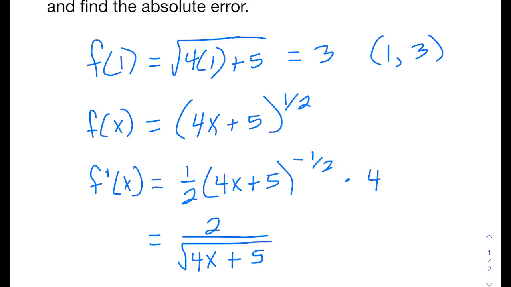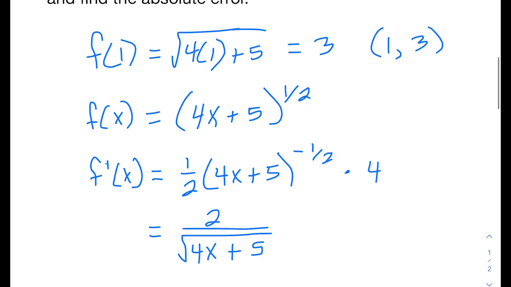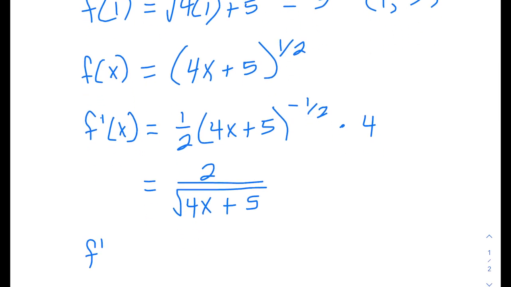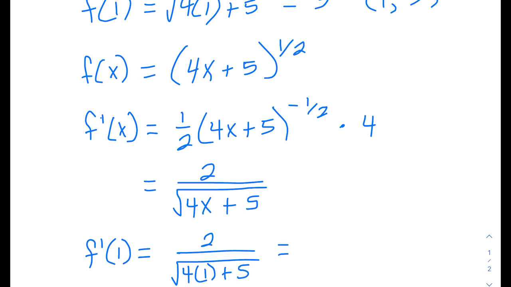And since we're still working off of that same point, we want to find the slope at that point, meaning when x equals 1. So here this is f prime of x, and if we do f prime of 1, when we plug in a 1, we'll have 2 over the square root of 4 times 1 plus 5, and that'll be 2 over the square root of 9, which is 2/3. So that's what we need in terms of our outside information to be able to have enough to plug in